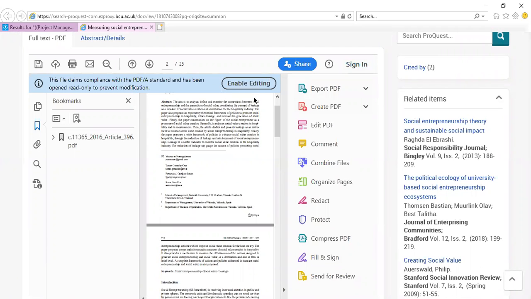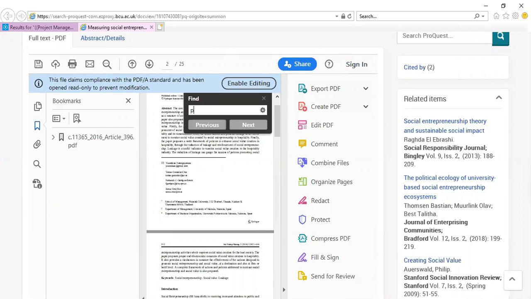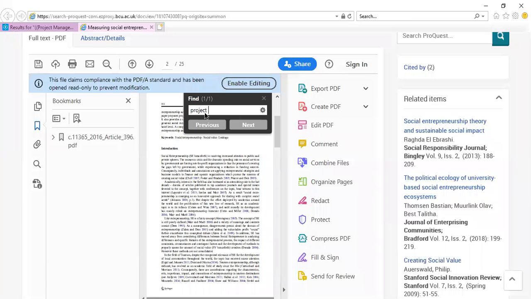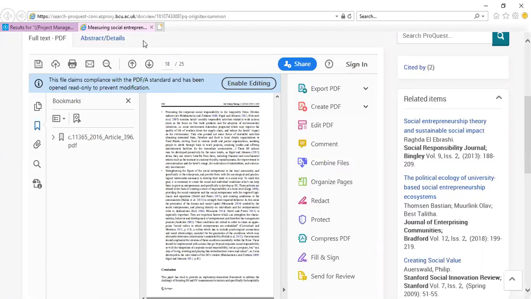All right, so this article is very small, so you'll need to download it and read it. But this is an article related to the hospitality industry and the operational efficiency within it. But since we looked at project management, you can see that there's some discussion about projects within this research. All right, so that is one example of how you can combine searches.